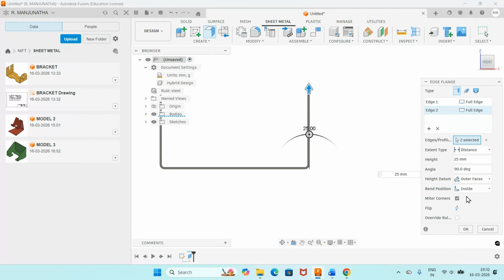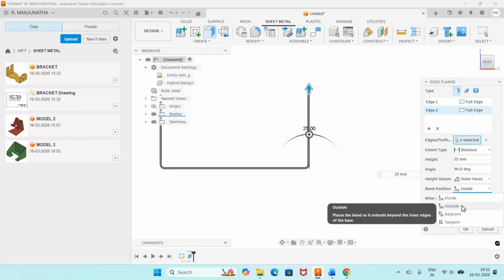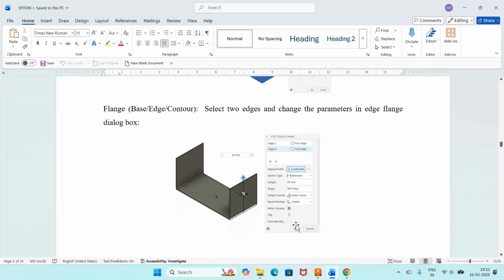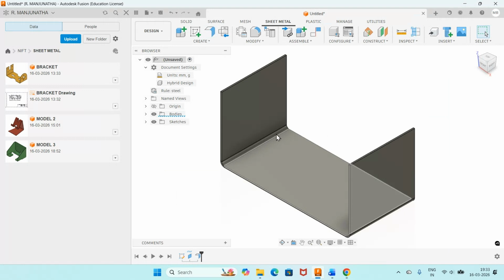Then bend position is from inside. So the bend position is from inside. If you take outside, then it will take outside. But what I want is from inside. So the bend position is inside and I will click on OK now. So once you do that, you will have the bend in this particular format. Then the next thing is I want to create a fillet